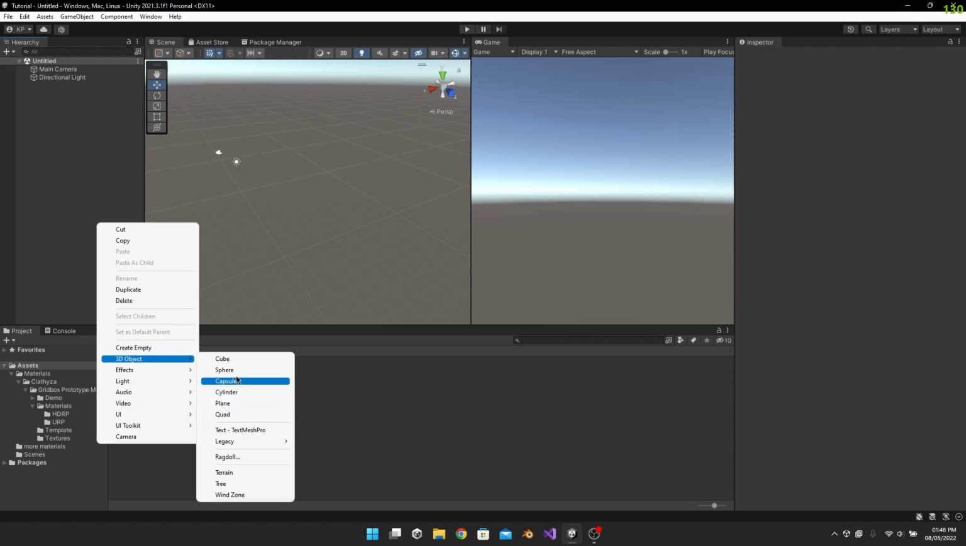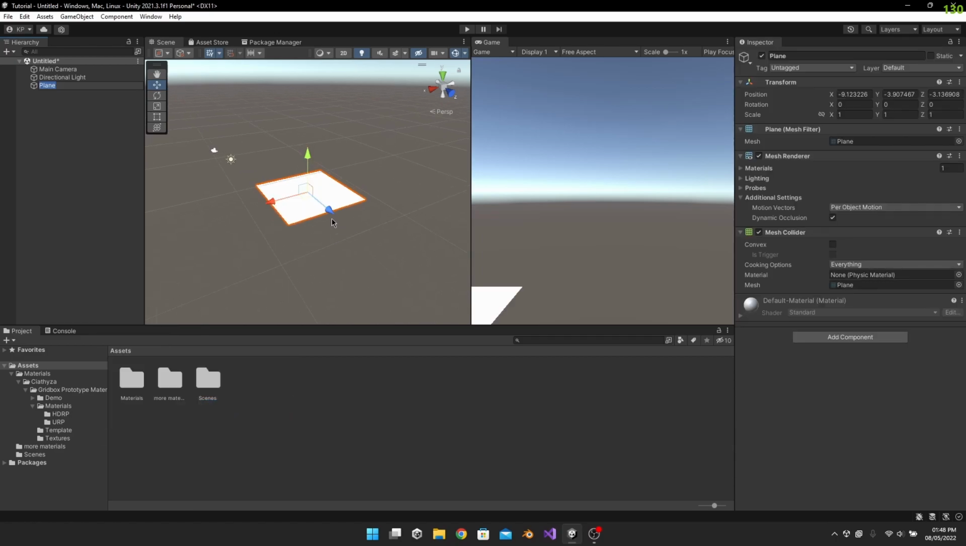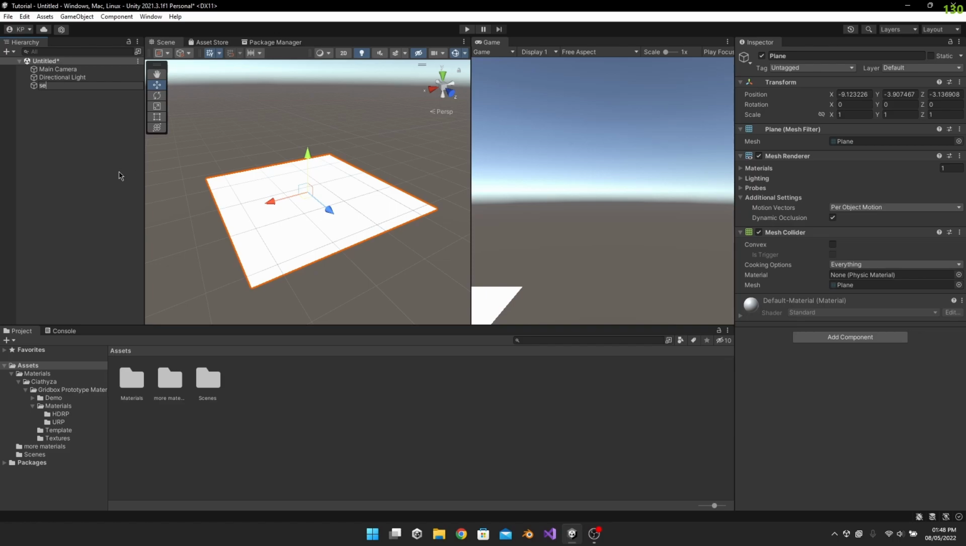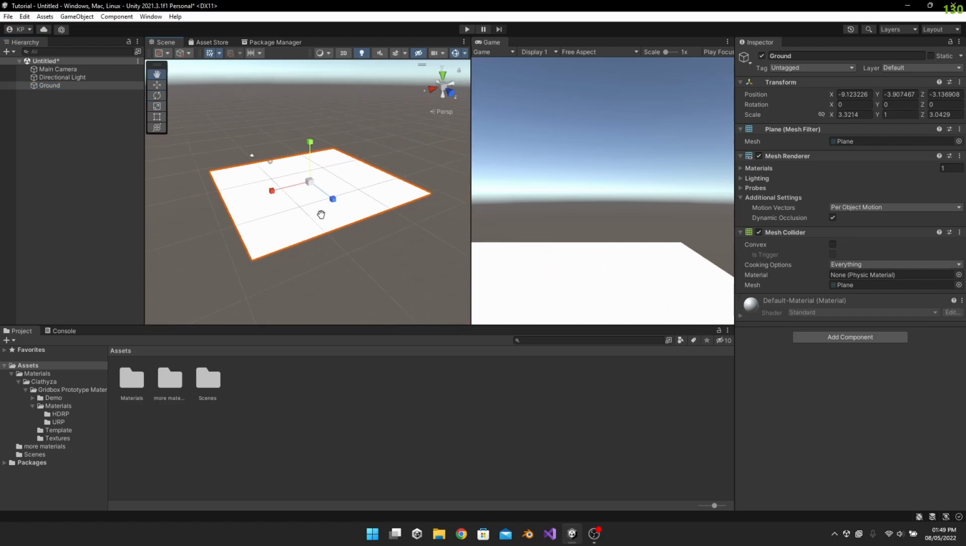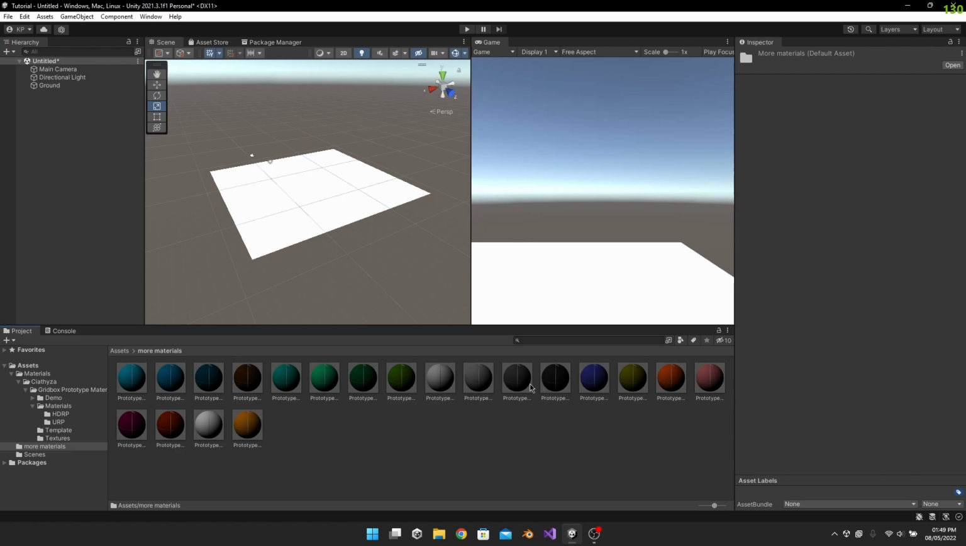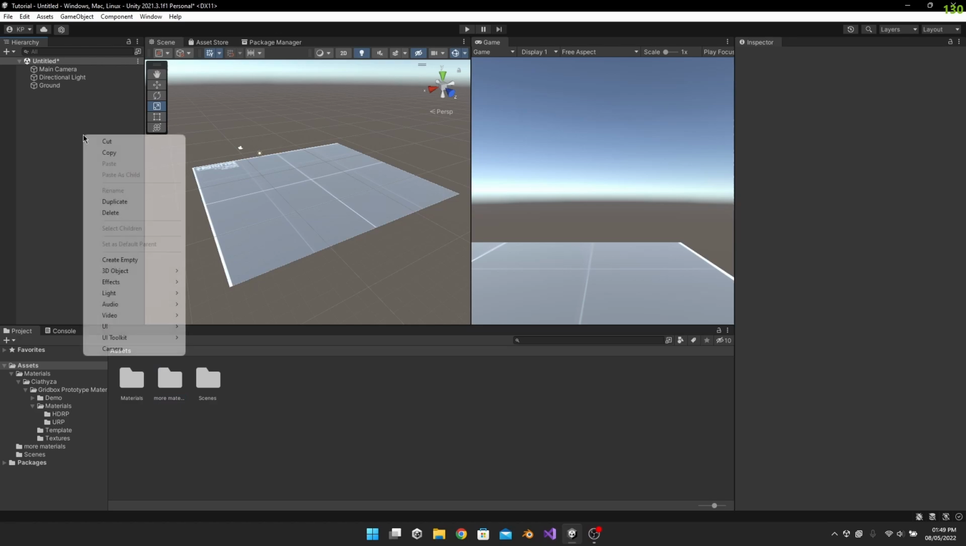So I'll just make it plain, and I'm also going to make this a tiny bit bigger. I'm also going to call this ground. Go ahead and make it bigger. And what we can do is I'm just going to add a material to it. And I'm also going to create a new